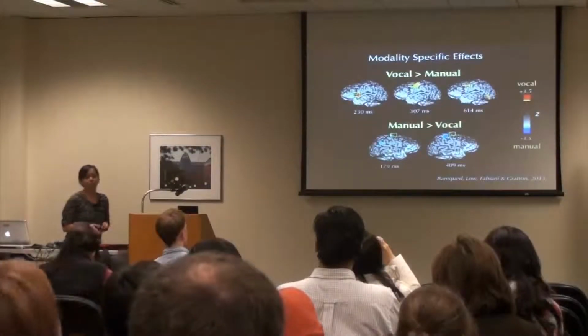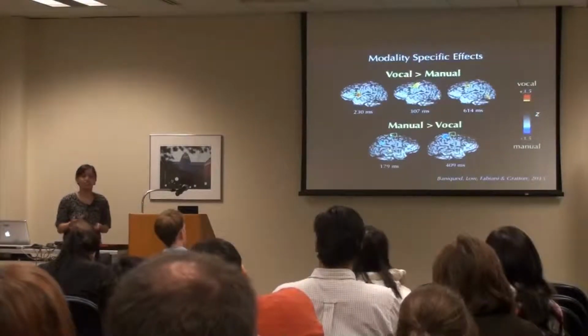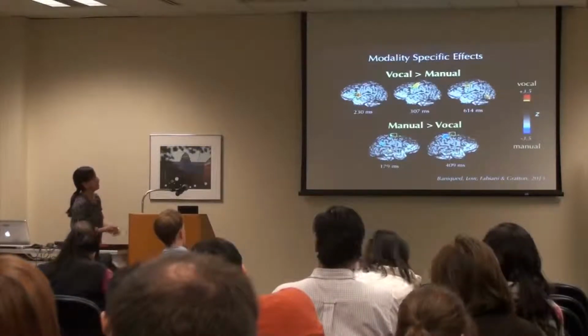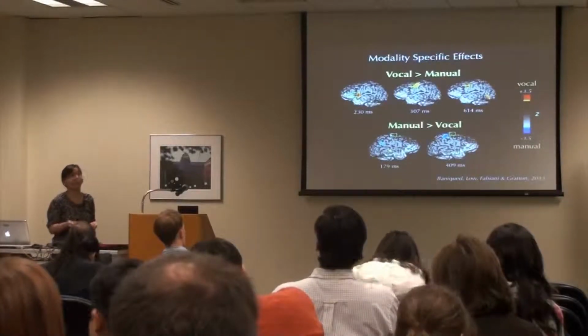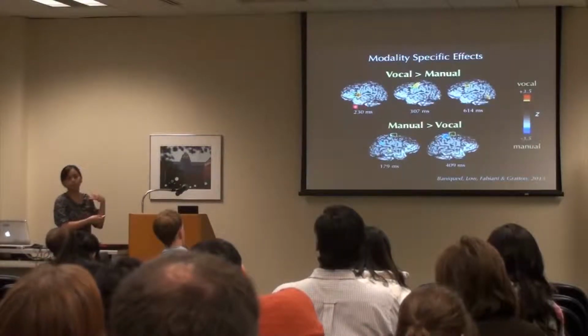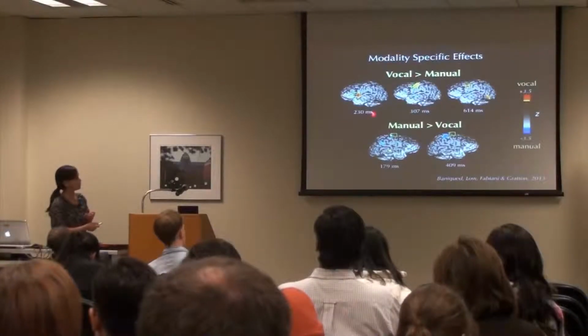We also look to see whether we have the effects that we expect of increased activation in areas that are important for doing the task, even though the participant isn't doing it yet. And here we found the typical priming effects, where in red, I'm showing regions that are greater when participants have to prepare for a vocal response versus when they have to prepare for a manual response.